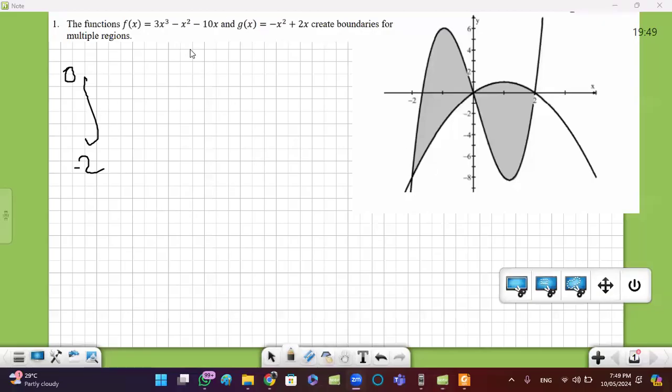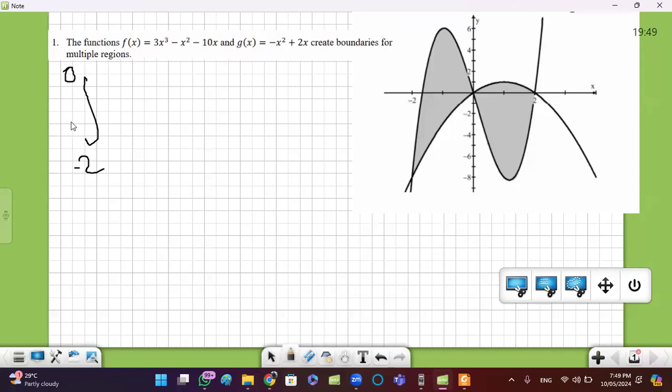So I will start with the curve 3x^3 minus x^2 minus 10x. To find the area between two curves, do I make it plus or minus? Minus. This is the first one. And the second one is negative x^2